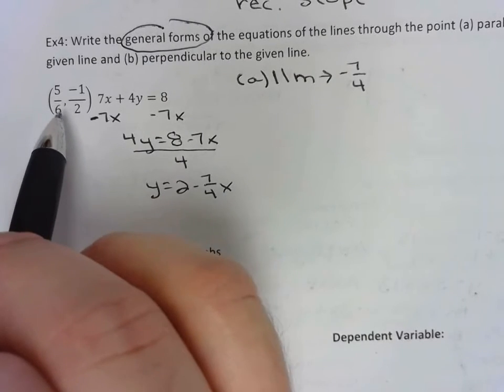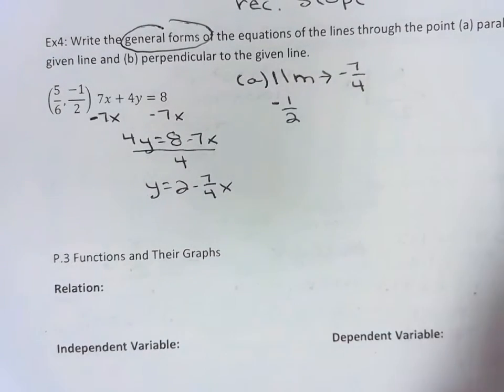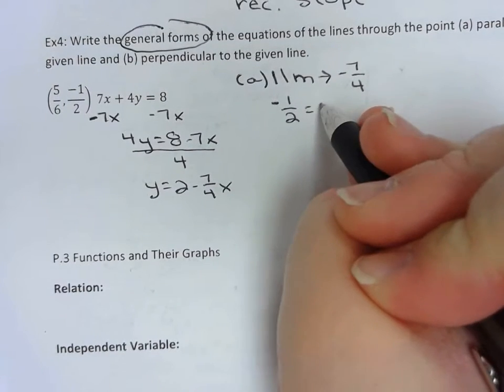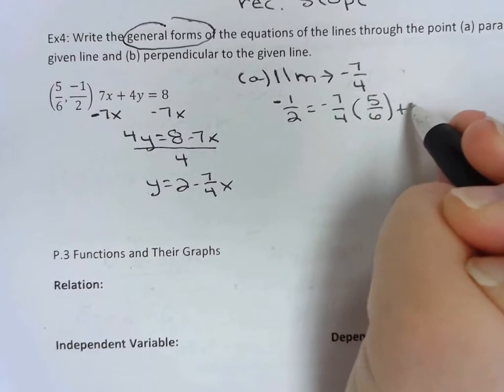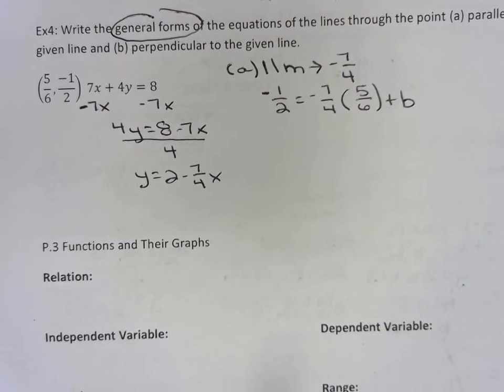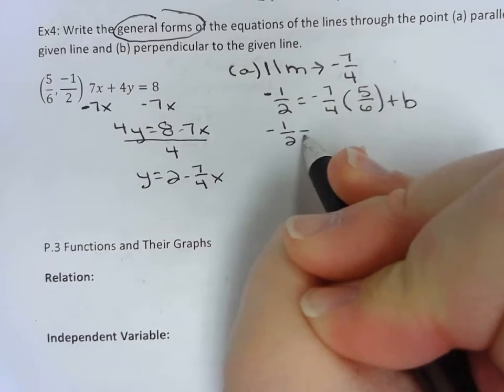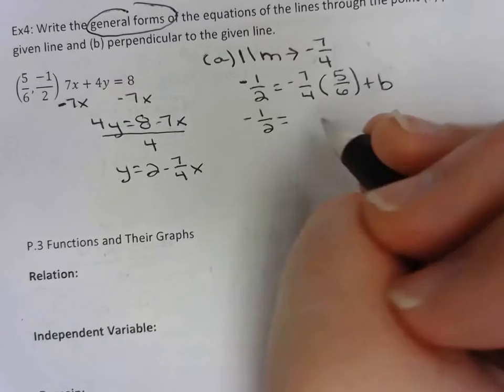Plug in x and y, plug in your slope, let's find b, and then we can move it around to get it in general form. So y equals m times x plus b, similar to what we did yesterday. So plug in your x, plug in your y, plug in your slope, find b, and then once I get it in slope-intercept form, we can move it around to get it equal to 0, to get it in general form. So negative 1/2 equals negative 7/4 times 5/6,